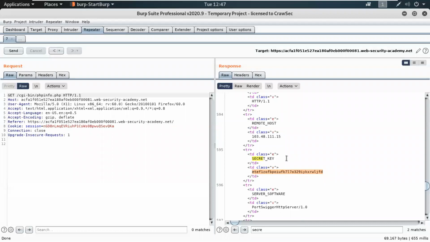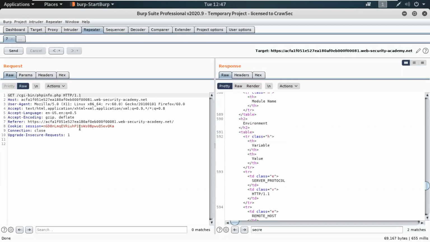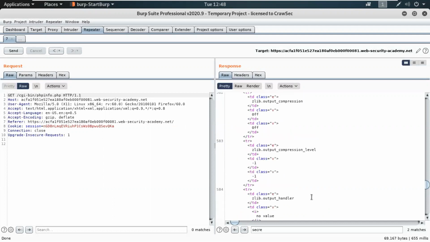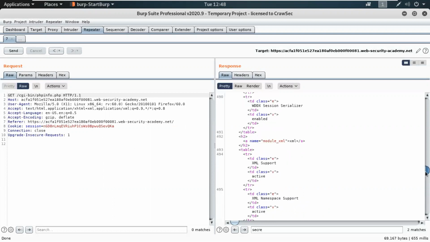You can simply see some information like the remote host, the target IP, server protocol 1.1. Because we have to specify the path directly, which is over there. This was the file path that was commented out to fetch the file. So sometimes developers put some sensitive information in the backend process and they forget those files.